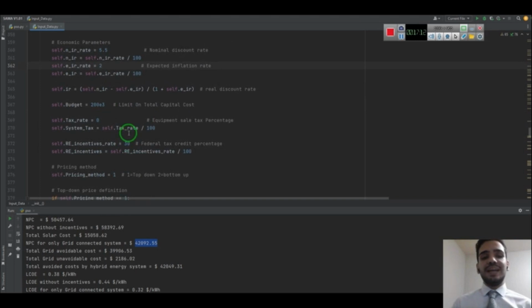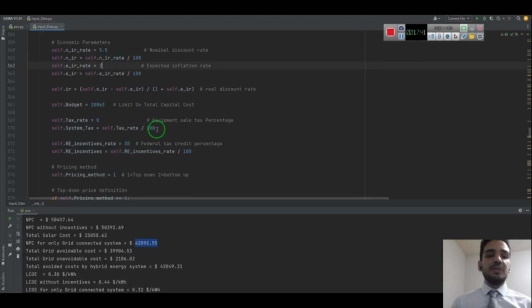Users also can define a limit for their capital costs, their budget at the start of the project. For example, if a user has a limit on their capital cost, which is $20,000, they can define that here. So the optimization would not choose a system with higher capital cost.